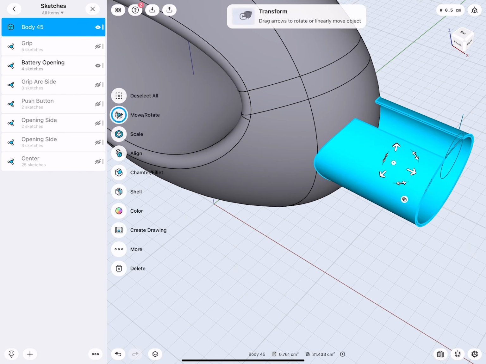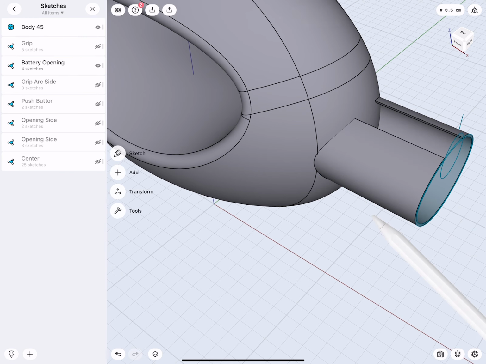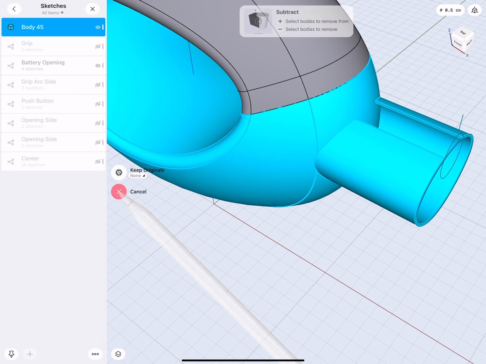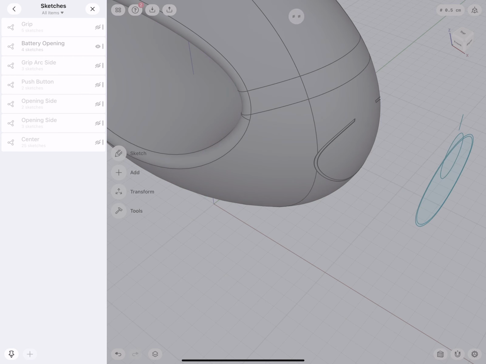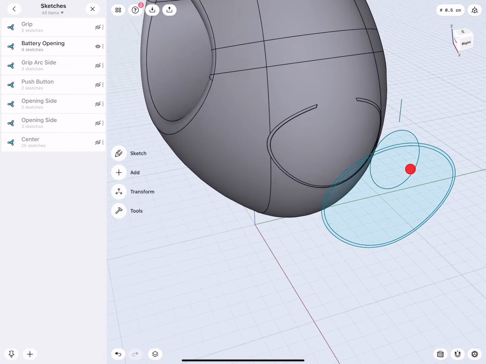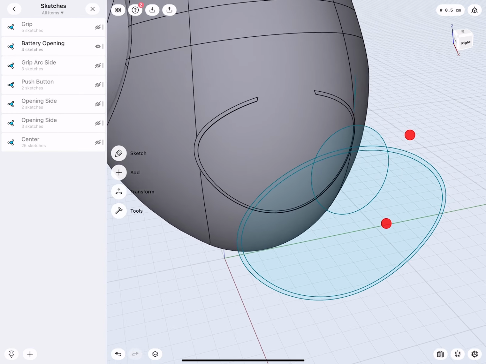Very good. Minus 0.1. And subtract. Yes. You also notice how fast actually this was. Now, yeah, the surfaces were much, much easier.